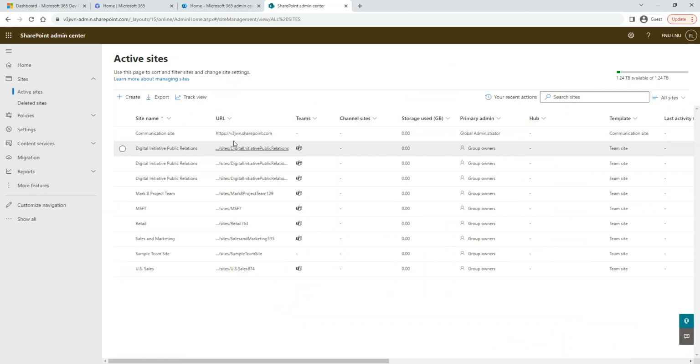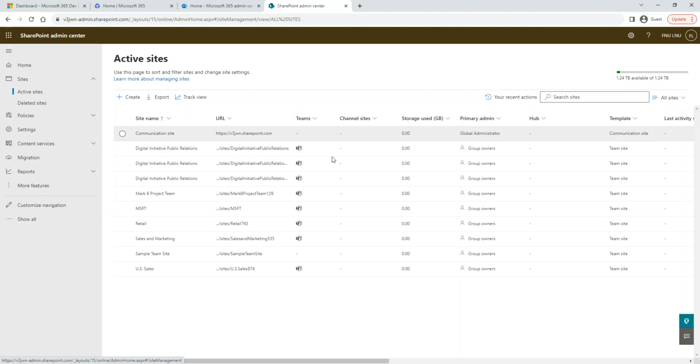So when you go here, there is a column that shows teams, which I will talk about later on, associated with the teams, channels that are associated with the teams. Again, we're going to talk about it. Each one of them is a container where we store information. When we store information, we measure the space that the data takes by byte, kilobytes, megabytes, or gigabytes. So this tells the storage that is used by this site in gigabytes, which is zero.